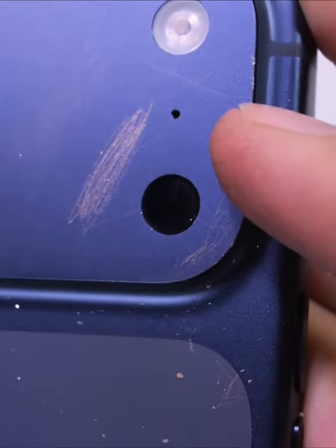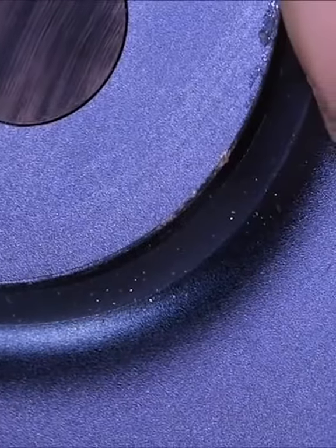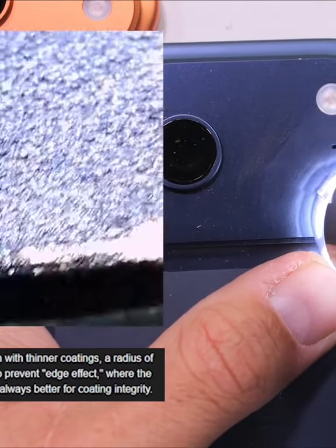It's a tad weird that Apple would do this. It's a well-known phenomenon, and there are several international standards for anodizing sharp corners. None of these are legally binding laws, by the way, just voluntary guidelines that manufacturers can follow if they want. The ISO standard says that sharp edges should be machined into a radius 10 times the intended